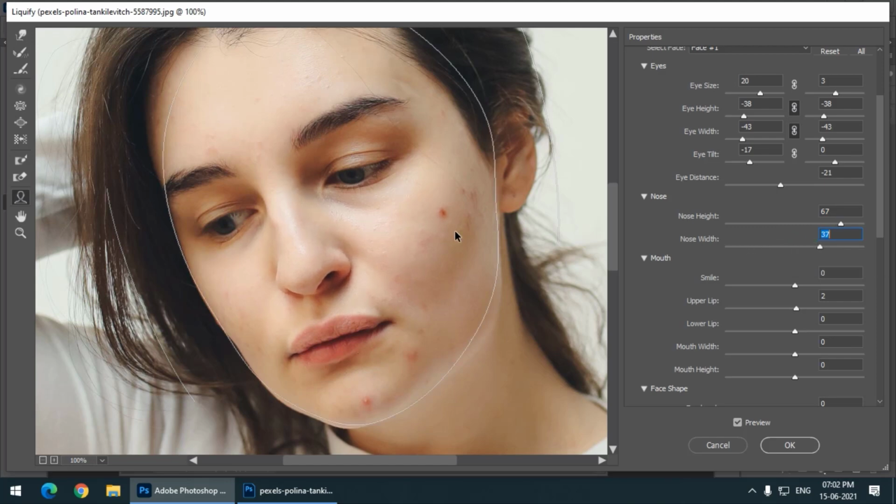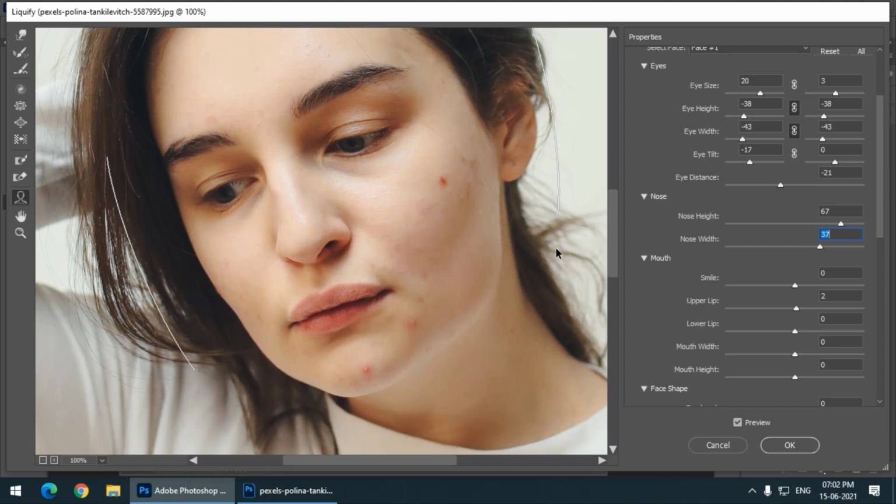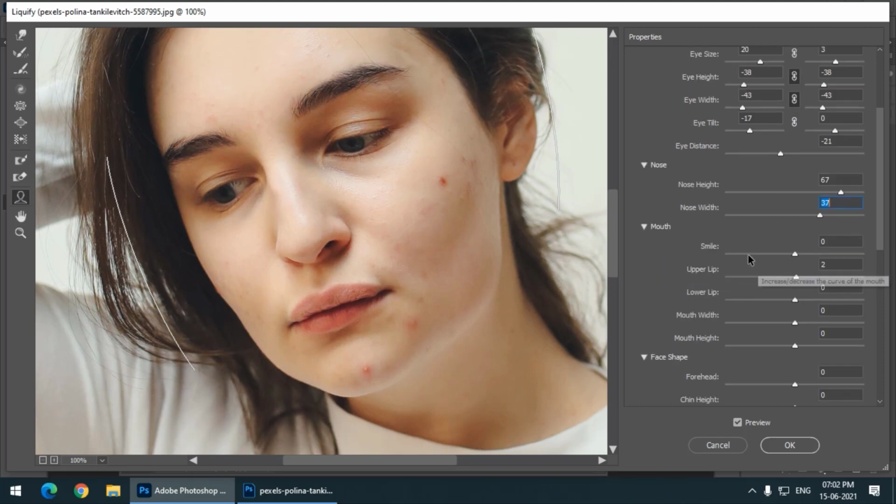But you have to be subtle again. It has to look realistic, otherwise it won't look good. Then we have mouth, then we have smile option. Now before changing the smile value, I will change the upper lip, then we have lower lip, then we have mouth width, then we have mouth height.